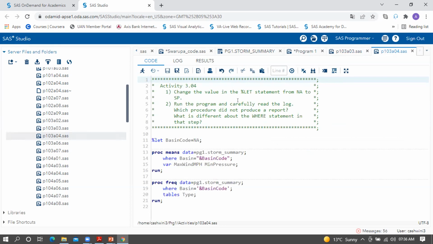Sometimes, even Priyanka last time had the same issue. If that particular activity number on the slide is not matching with the code when you open it, it will try to open the next file. So sometimes there might be some jumbling up, so don't worry. Fine. So now currently your percent let basin code is creating a macro variable basin code